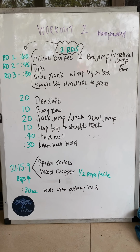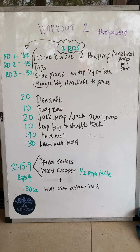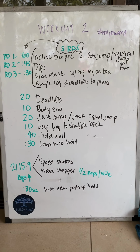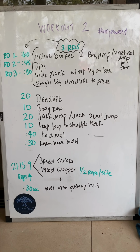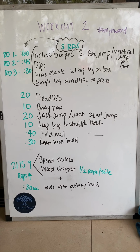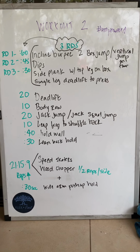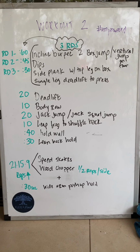All right, workout 2 is ready for you guys. There are 3 sections, with the middle section being the greatest number of movements. So for the first section, you're going to be doing 4 movements. It is 3 rounds. Every time you get to a new round, the amount of time you spend doing the